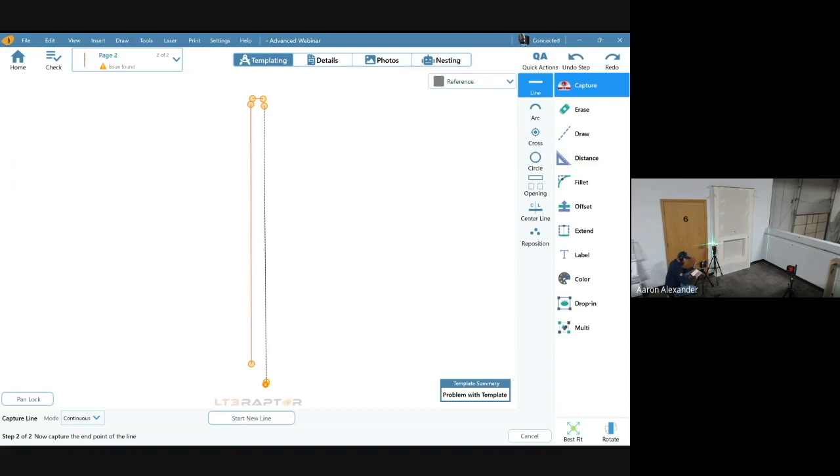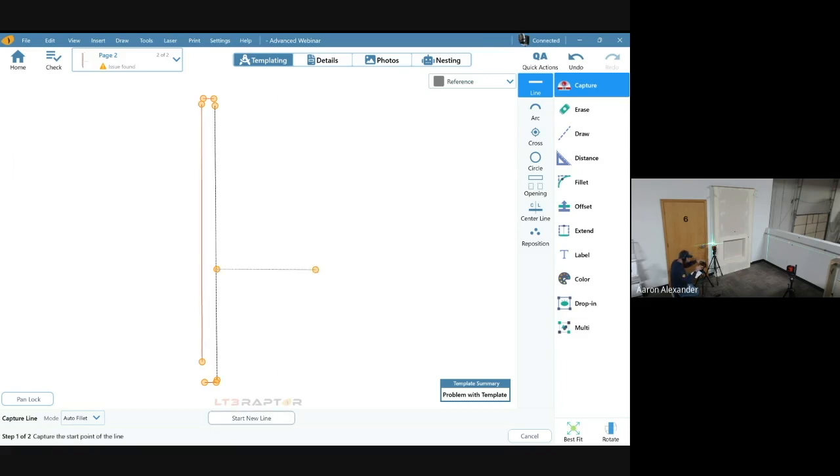And one thing I found with this green laser, feels like it's burning a hole in my eye. So I'm gonna work on this one over here. And I know I'm gonna break my rule, but let's see what happens here. I'm gonna get into auto fillet. And I'm gonna shoot my 2 points for my horizontal, my level. And now I'm using the wall over there. And then I'm gonna come and shoot 2 for my